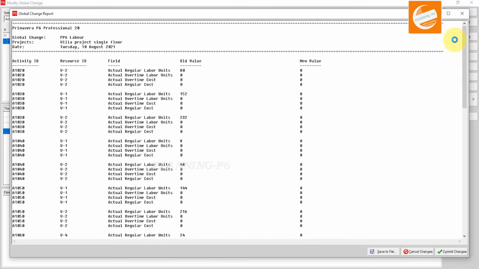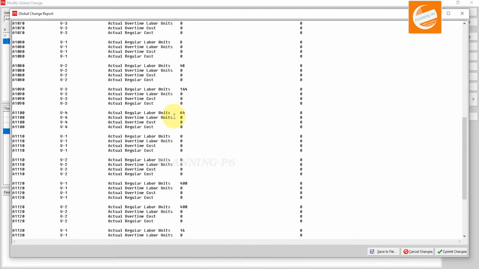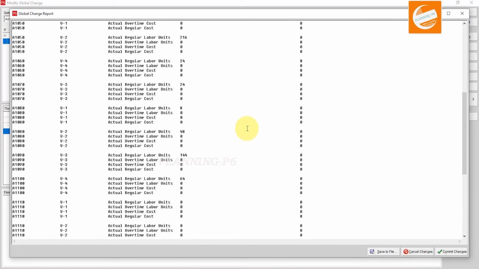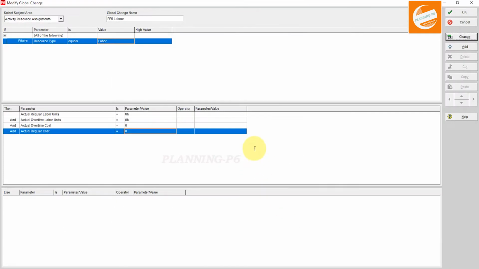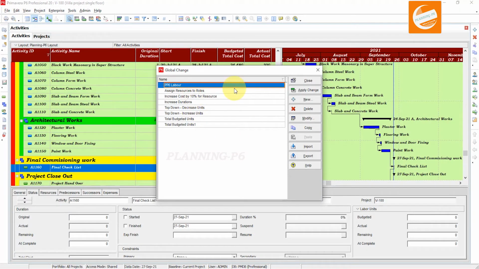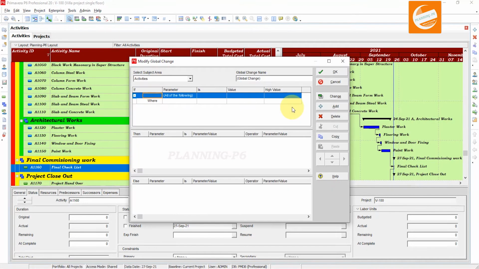Here you can see in the log file the values, old value is 80 and now new value is 0. For the activities the old value has been changed to the new values, and here we will click on commit changes. I don't want to save the log file. If you want to save, then you will use the save option. Okay, first one, and then we will add another second one,